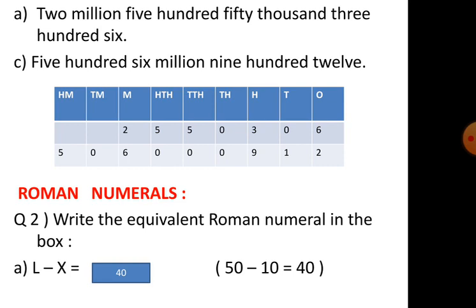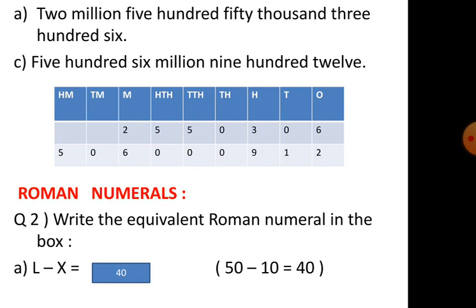Next, number 3. Write the number which has 5 in the hundreds place, 4 in the millions place, 2 in the tens place, 8 in the 100,000s place, 6 in the ones place, 4 in the thousands place, 7 in the 10,000s place. They have said where every digit will be placed. So you make a place value chart, and where they say to place these digits, you place them there. You will get the number they described.